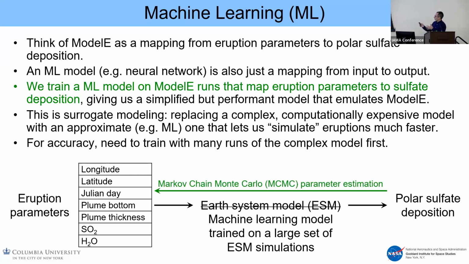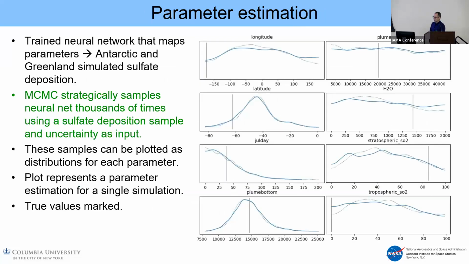And so this is what we've done with the Markov chain Monte Carlo, or MCMC, parameter estimation, which looks like this. If you take the different parameters and you create probability density functions from the simulations that the machine learning is creating, you make plots like these that sometimes look flat, sometimes look very nice. The vertical line is the reality for this one case that we're studying, because remember we're still in the model world, so we know which volcano created this distribution here.